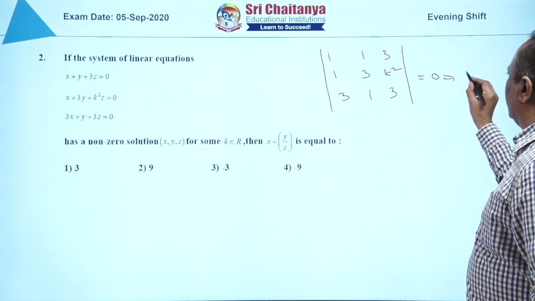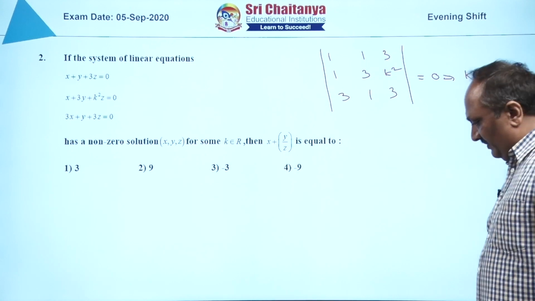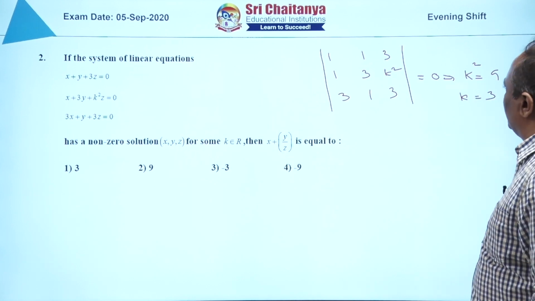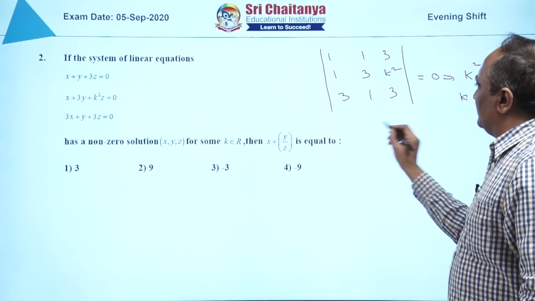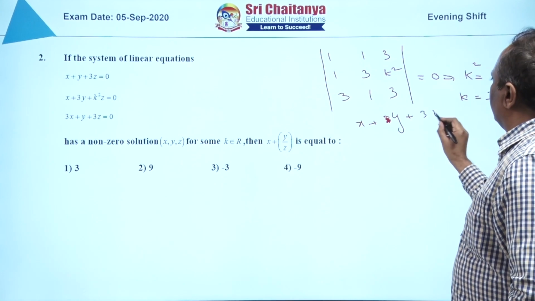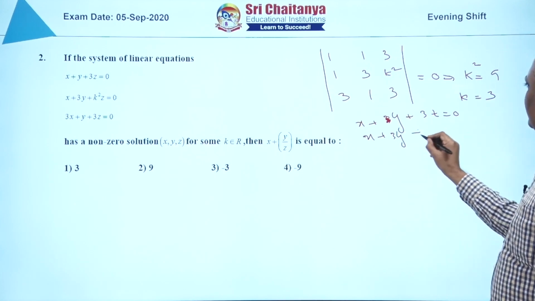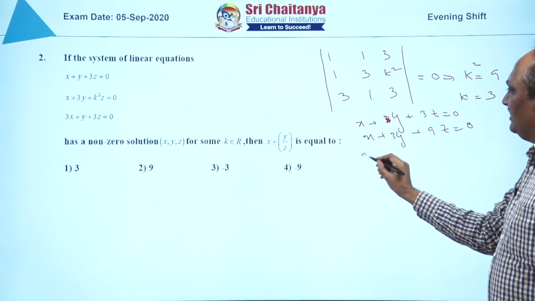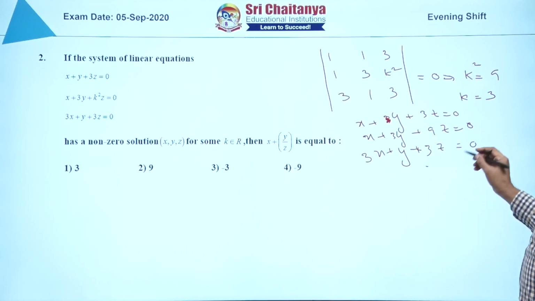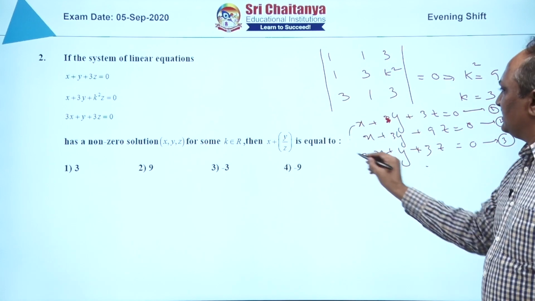By expanding the determinant, the k square value is obtained as 9, k square value is 9, and k value you can consider 3, k is any real number, plus or minus 3 otherwise. In those equations, x plus y plus 3z equal to 0, and x plus 3y plus k square z, already 9z, equal to 0, and 3x plus y plus 3z equal to 0. So, in these equations, if you name them as 1, 2, 3 as usual, first equation and third equation if you